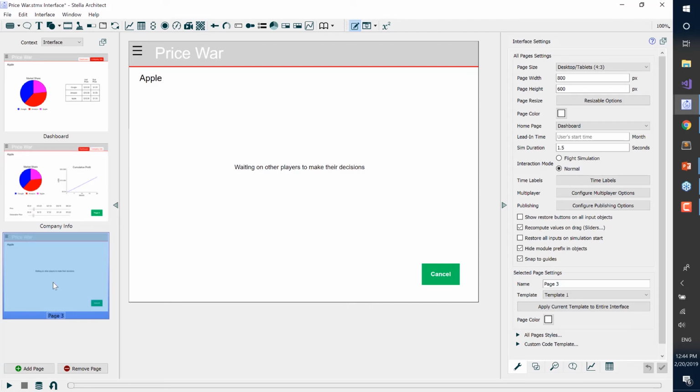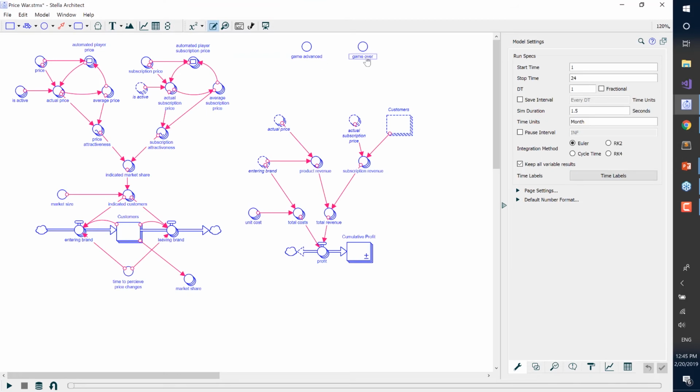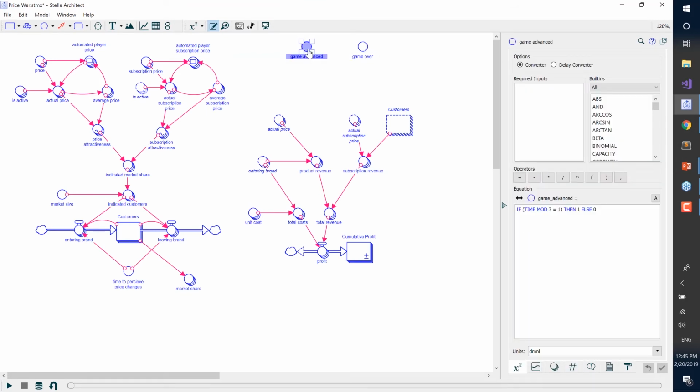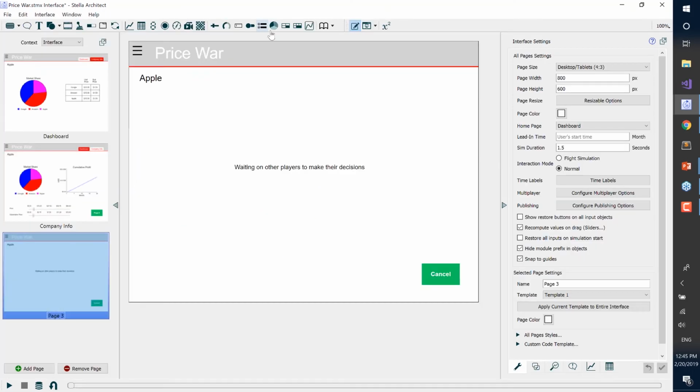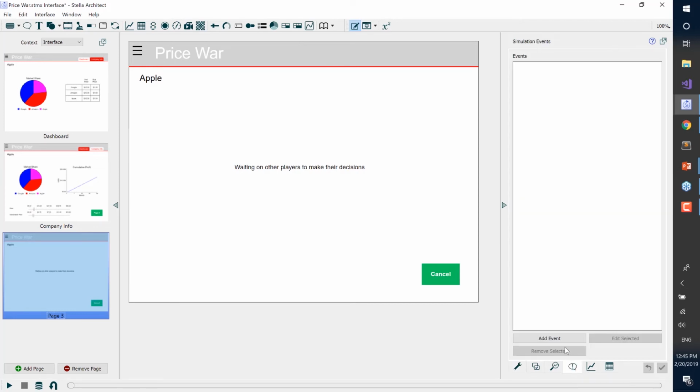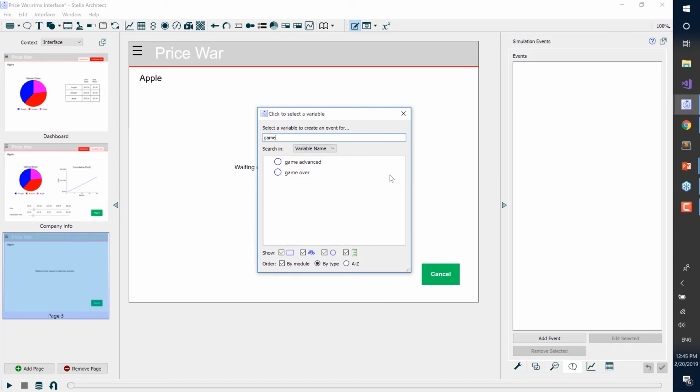So if you remember back to the beginning, we had created two variables in the model called game advanced and game over. Game advanced is 0 or 1 based upon whether or not time is divisible by 3. This is what we're going to use to push people out of the waiting room. So we're going to create a simulation event to do that, which you can create using the Simulation Events tab in the panel. And we're going to add an event, and the event is going to be on the variable